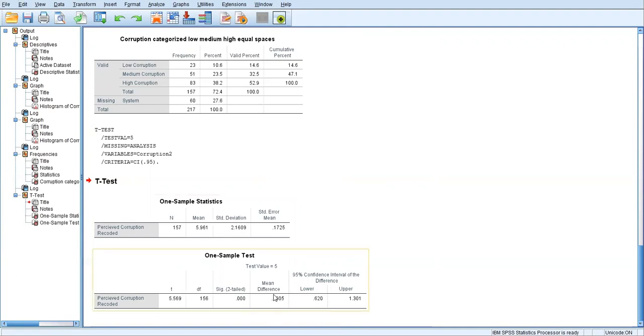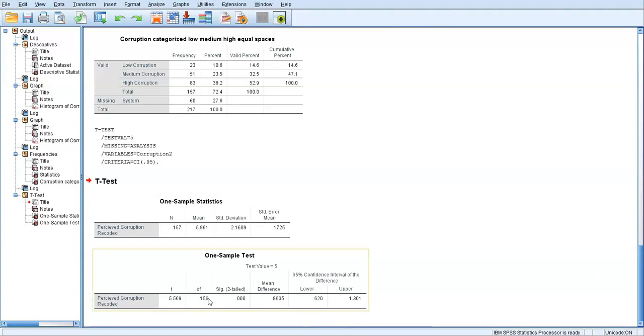This is our mean difference, and we can't fit a 0 between our upper and lower bounds, so a 95% confidence interval of the difference. Under an infinite number of trials and samplings, 95% of the time we'd expect to see that estimate between here. We don't actually run the infinite number of times, but it's a good way to figure out the potentials within this. So given this, we're going to reject the null hypothesis and report this as t,